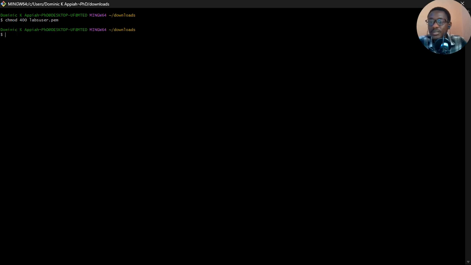Then we start afresh with changing the permission to read only, so that no one else can access it. So we have chmod 400 labs user dot pem. Then from here we can SSH. Great. So we say ssh -i labs user dot pem ec2-user at